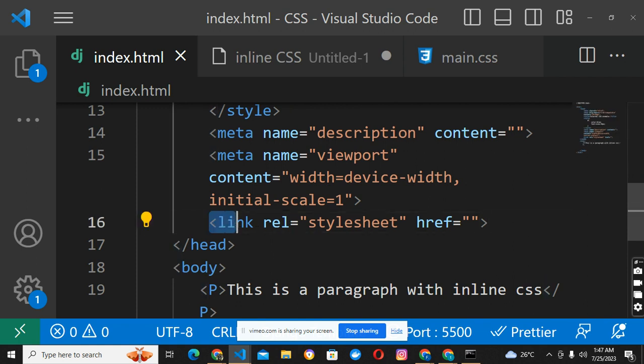You will see that by using the boilerplate code, it has already given us the link tag by default, and of course showing us the relationship, which is stylesheet. You understand the relationship attribute, which is stylesheet. Then the hypertext reference, which is where you will put our